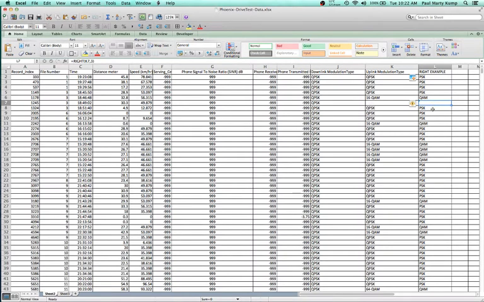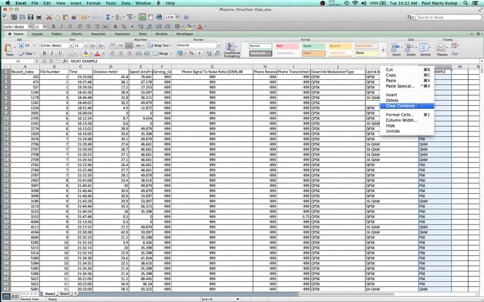It just returns empty. PSK, QAM, even down here for the 64-bit QAM, it just took out QAM. Nice. And in this case, I used the right function. There is a left function in case I wanted to extract the characters to the left of my text. All right, but I'm going to clear this,